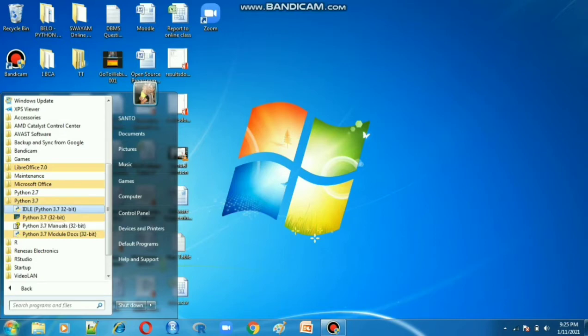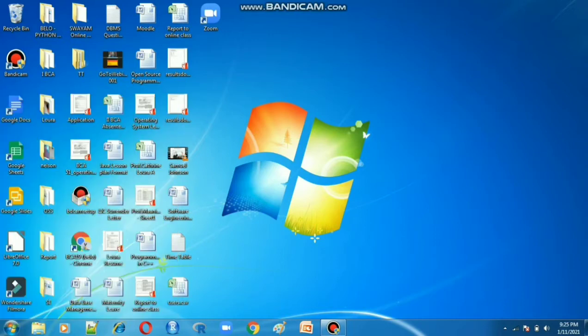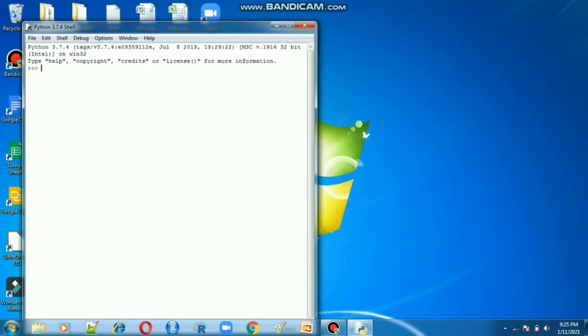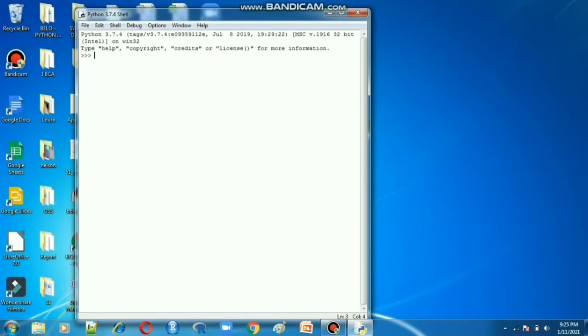I click that, and your Python interactive mode page will open like this. Here you type your code and get the output immediately, down below. That is called interactive mode. Script mode I will tell you later. In interactive mode, when you type one line of code, the result is displayed immediately below. Let us see an example.